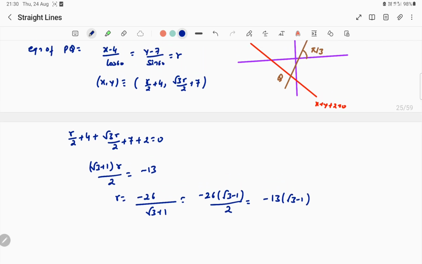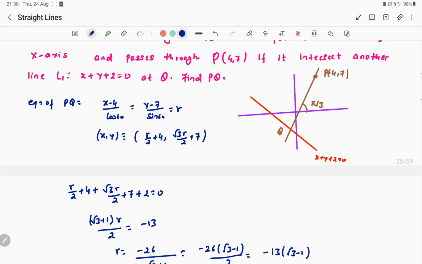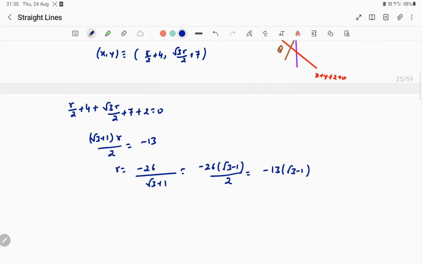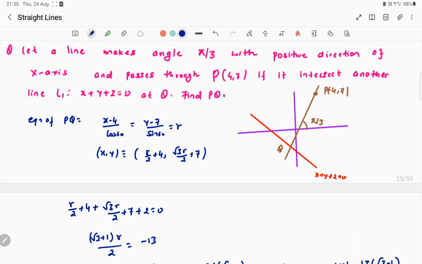Now the question comes, why are we getting minus? So if you remember the discussion, what we said, if the point you are taking is downward, obviously r represents algebraic distance. So when you are coming down, r is going to be negative. So from the calculation also you can see we are getting negative, and by observation also it is supposed to come negative. But anyway, here the question was to find the distance. So mod r is going to be how much? It is 13 into (root 3 minus 1). That is the required answer. Okay,